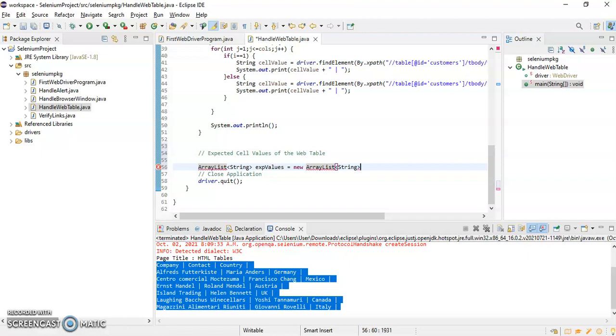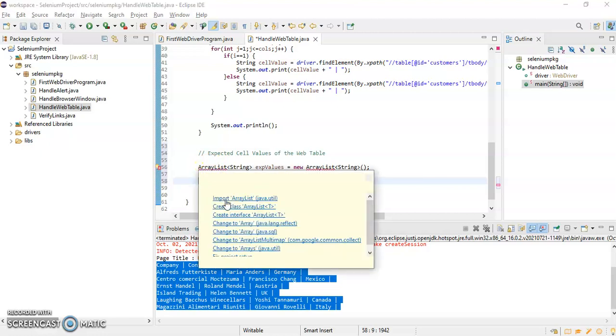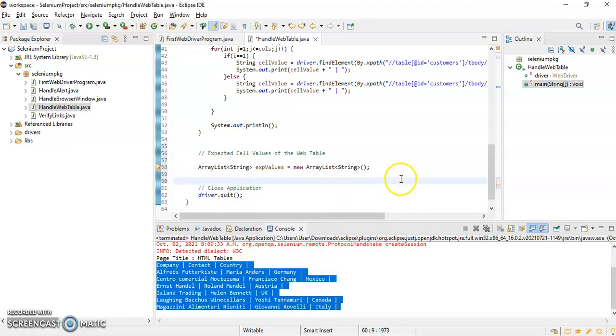Because all these values are of string type, right? That is the reason I have created one array list of string type, and I have to import this class, which is coming from the java.util package.